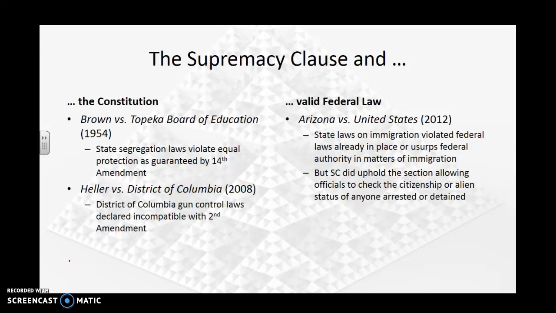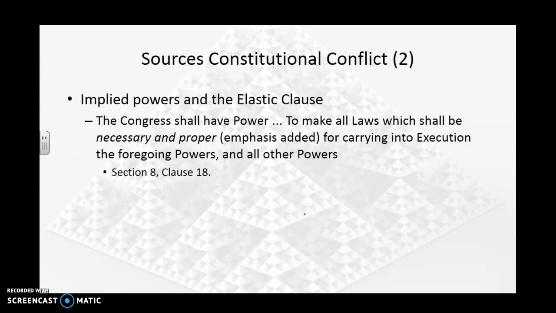This is an interesting one. Remember that Arizona versus US was a complicated case. There were 3 different questions. 2 of those went to the federal government. 1 of them went to the state government. I think the state government one was to do with stop and search laws. So there were 3 judgments. 2 of them went to the federal government, 1 of them went to the state government. So a complicated little piece. But anyway, have a read of that. Do ping me your questions.